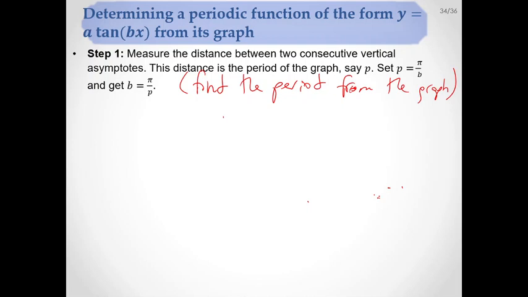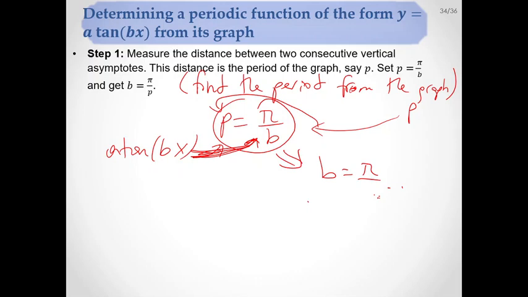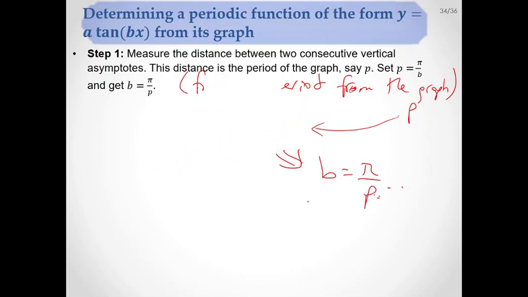Okay, then the period is p over b, if it is tangent bx. So this is the period, how you get it. And from the graph you got the p, so you set them equal to each other. This is from the period, and from the formula we get this one, and then from this we find b is equal to pi over p. And then the next thing is